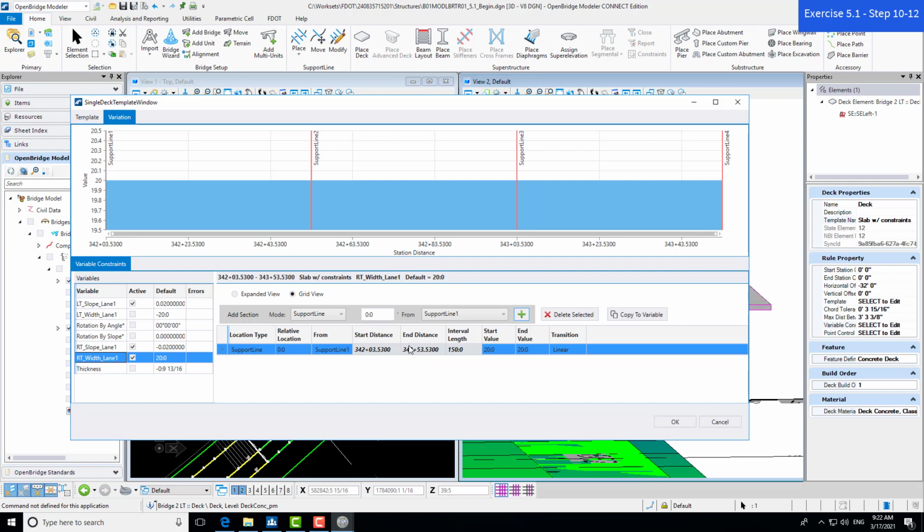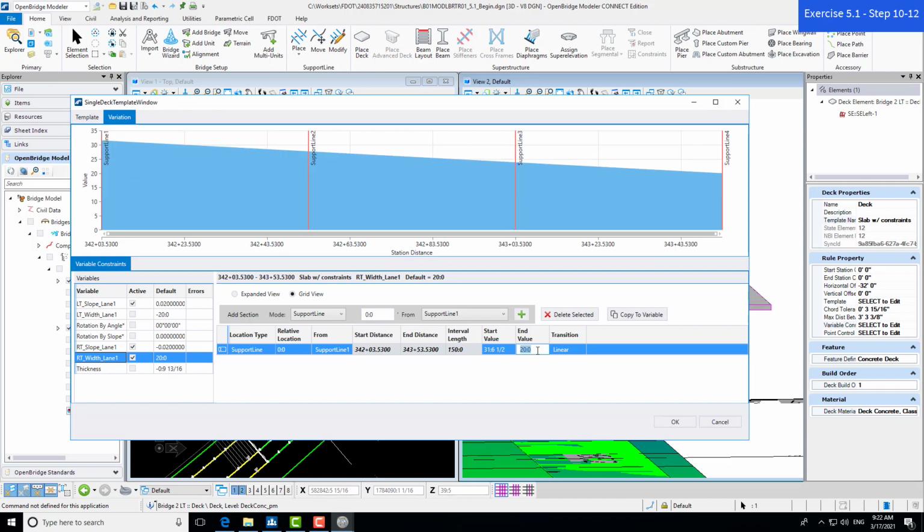our full length here. So now, in this case, we're just going to change our width to match our particular project constraints. In this case, we're going to use 31.6½ inches there. And you can see as I update that start value, the chart up here shows you where that value is at the start and where that would be at the end. So in this case, our end value is still at 20. We haven't moved it yet.